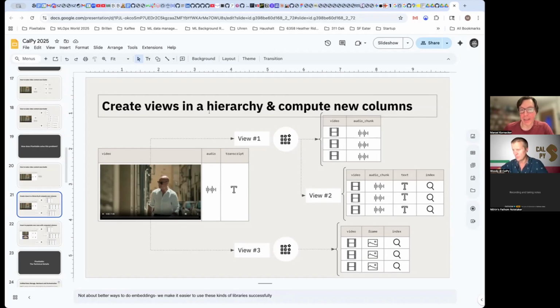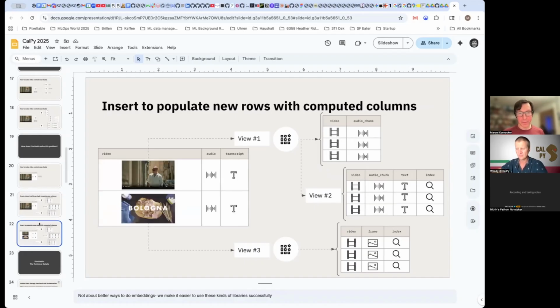Pixeltable is not really trying to get you to use one particular model or another. So if something better comes along, you're free to use that as well. But I don't have a lot of experience with running Whisper, actually. Right, this is more about the way it orchestrates, and this is just a concrete example. Yeah, exactly.